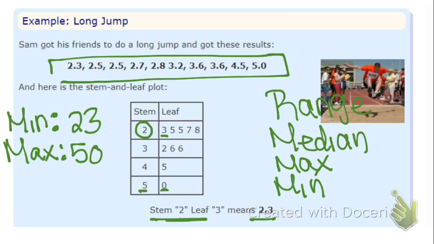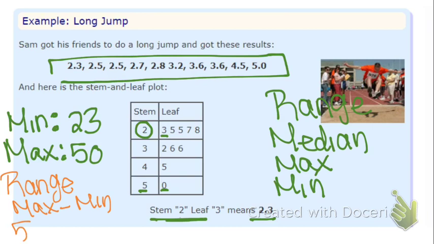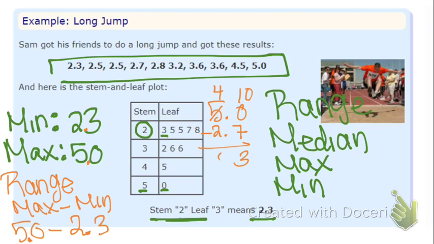In order to figure out my range, I can do maximum minus minimum, which would mean 5.0 minus 2.3. Which means that my range is going to be, go ahead and do the math, because Edpuzzle's about to pause you to ask you this question. And I should get